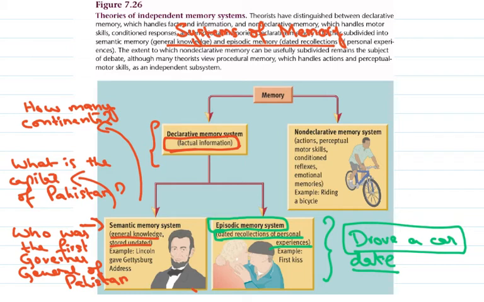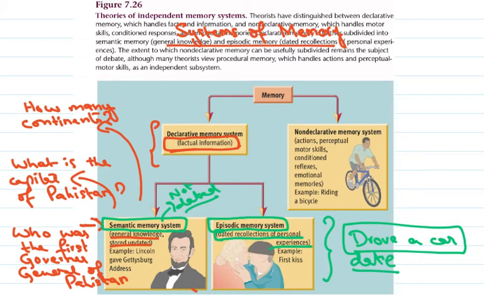When you have general knowledge in the semantic memory system, you don't normally have dates. If I ask you when was the first time you found out that Lahore is the capital of Punjab, you probably will not be able to remember. So this is not a dated system. The semantic memory system is not dated, whereas the episodic memory system is dated in the sense that you remember the particular time with which these memories are attached. So this is it about the declarative memory system.